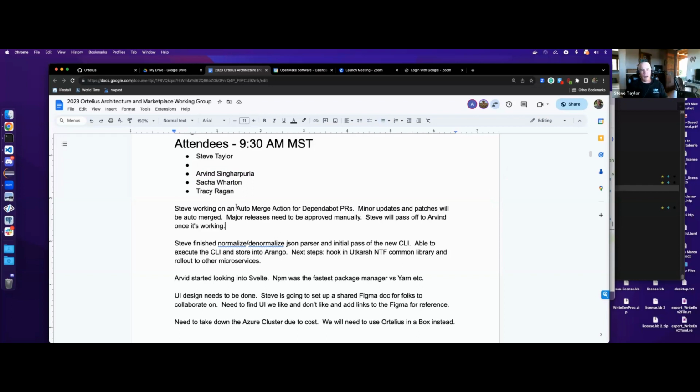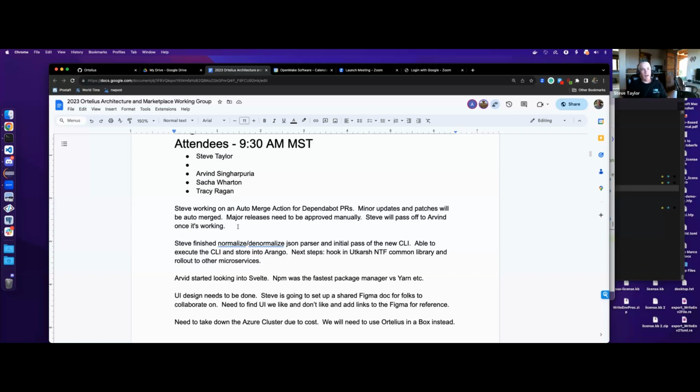So I took the auto merge action that Brad McCoy put, I think, on the backstage repo, and I've been rolling that out to the MS-dash repos to enable the automation to work.